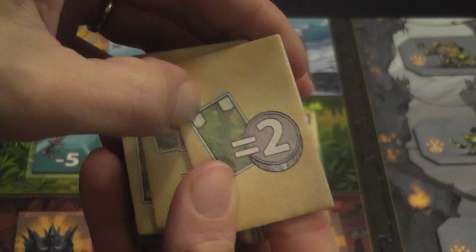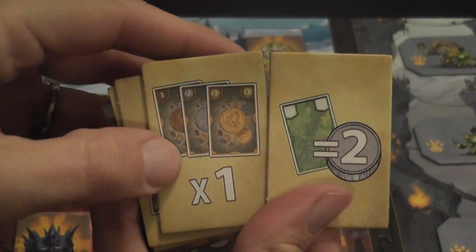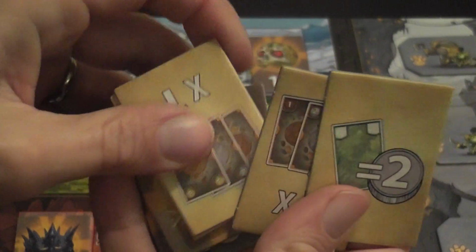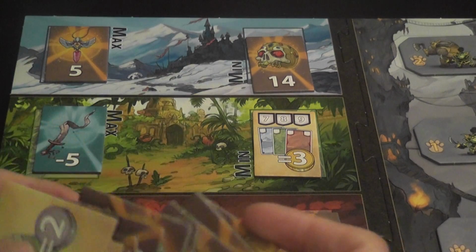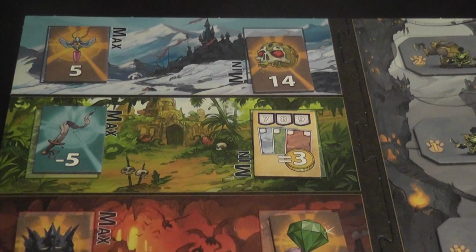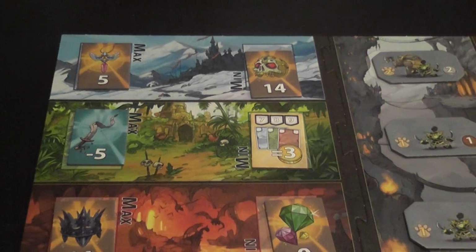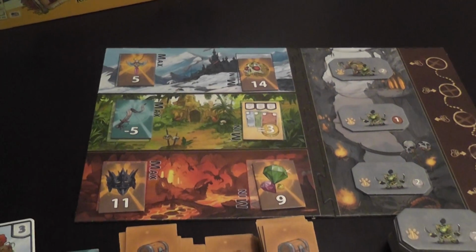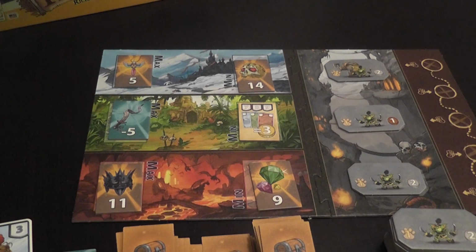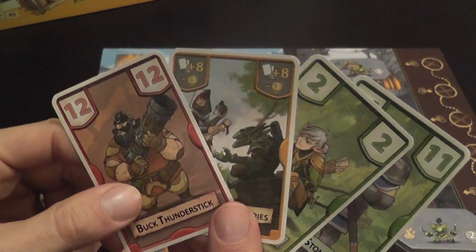This one, for example, will give you 2 coins for each green card that you have. This one gives you coins for each coin card that you have. So very nice range of effects, also very nice tiles, very good quality. So you go through all of these areas here, assigning the minimum and the maximum tile to whoever has the minimum or the maximum. By the way, I showed you adventurers that just have a number and a color, but